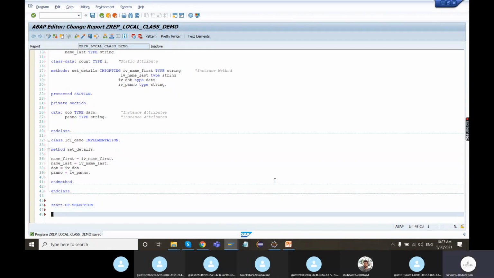In the event start of selection, the first thing that I'm going to do is create a reference variable for this class, using the data statement. Reference variable is hello demo type ref to. This is the syntax we use for declaring a reference variable. What is the name of the class? It is LCL demo.